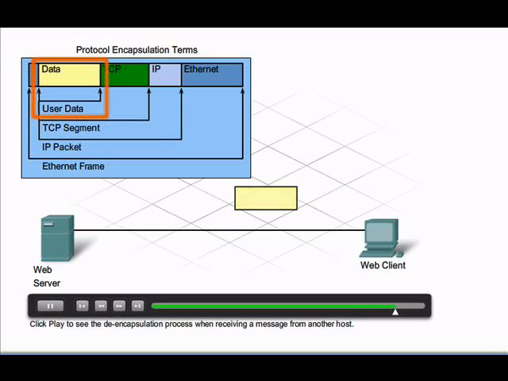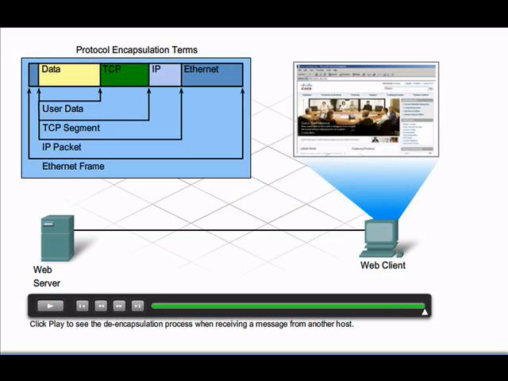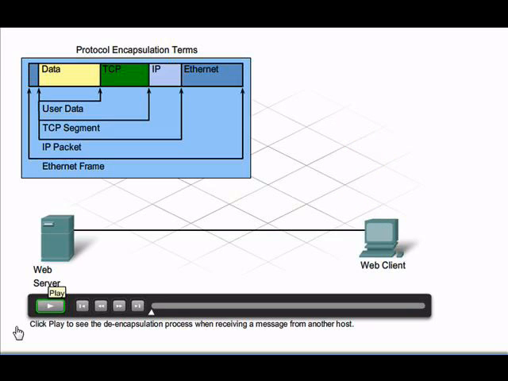When you think about how often web pages, videos, instant messaging, and other network applications are used every day, the work done by network protocols